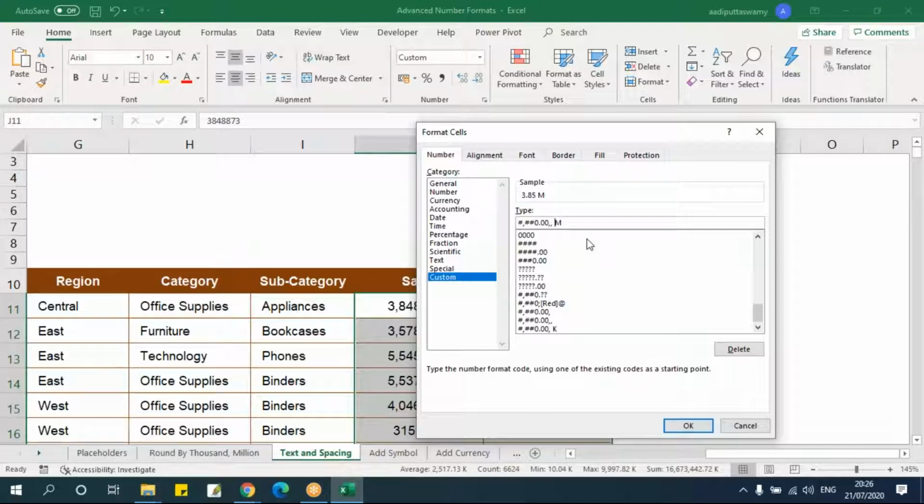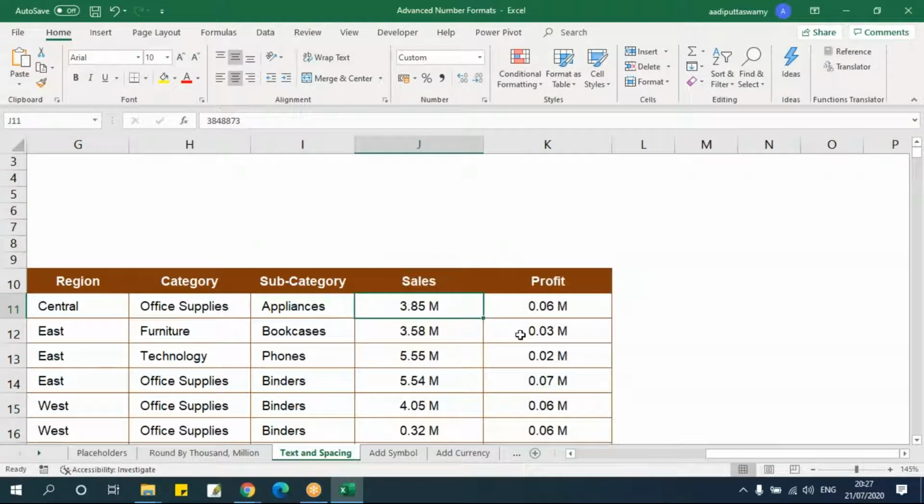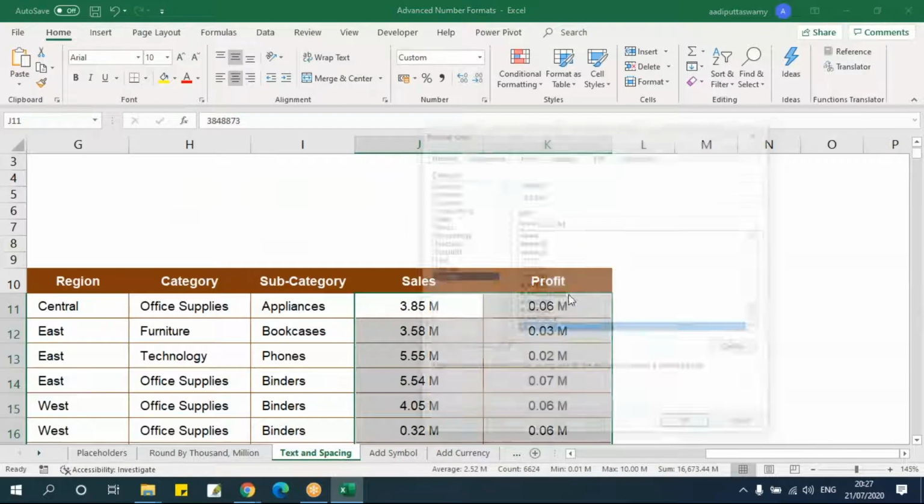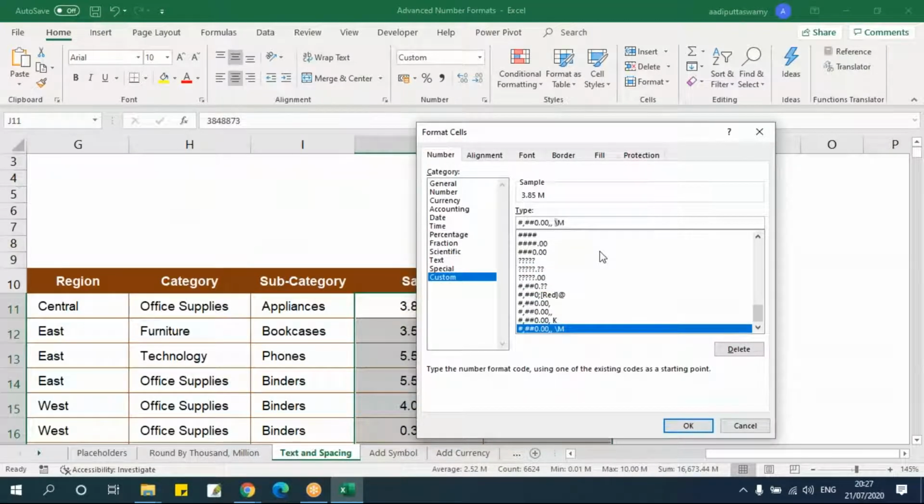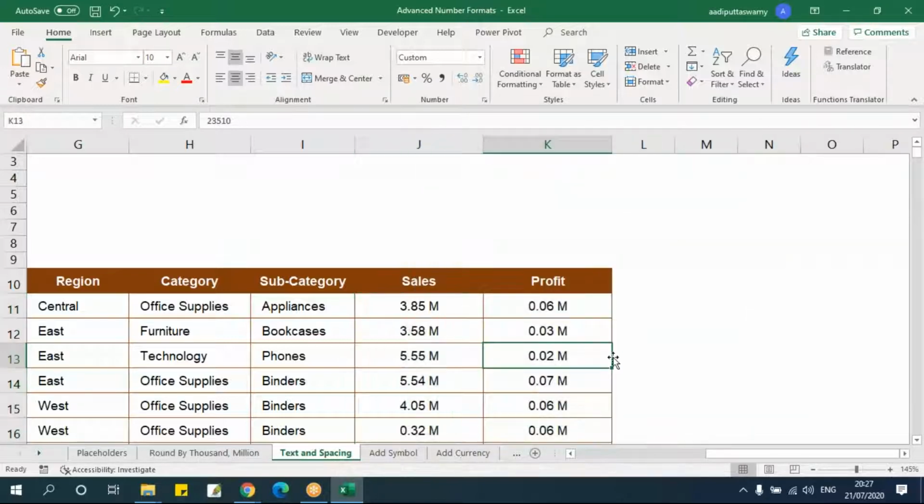We can put without slash also. Say okay. Sorry, put a double quote there. See, or you can put a double quote also. Like this, you can do. This will get converted into millions. So whenever you have a very big number, you just want to convert this into 1000 or millions, you can just do it like this. If you go and double click on this, still I have the numbers here like this.